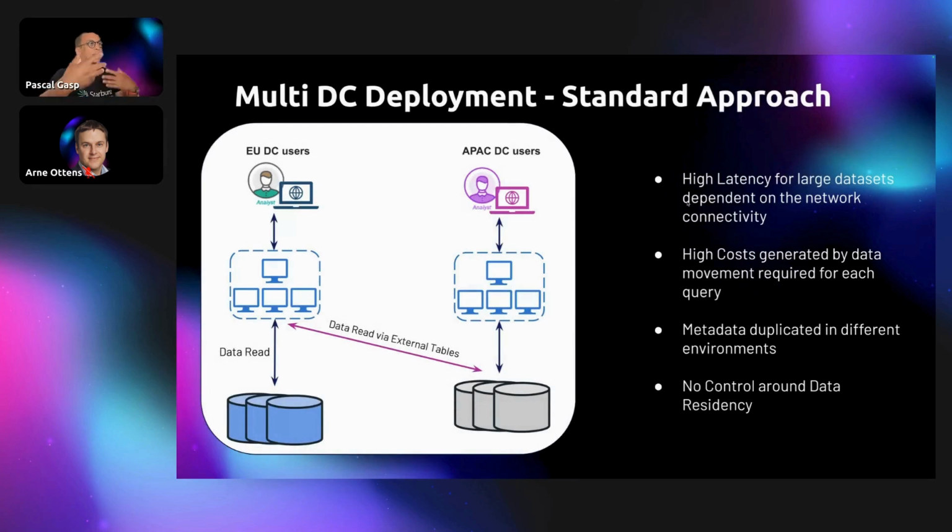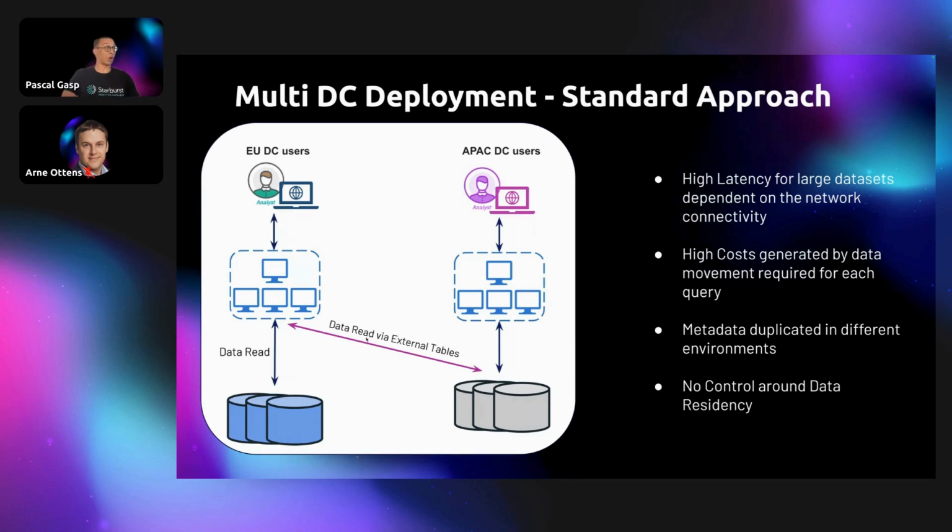If you look at the classical approach, let's say you have data living in Europe, you have data living in APAC, and you have to consolidate that and get access to it. A single approach would be to read directly a single table from one region to the other. But that is not the right approach, because you're going to have high latency, since you get access directly to this information. That will also highly cost you, because you have a lot of ingress, and you have to bring all of your data in.